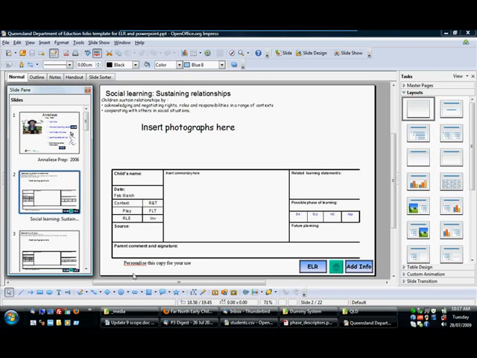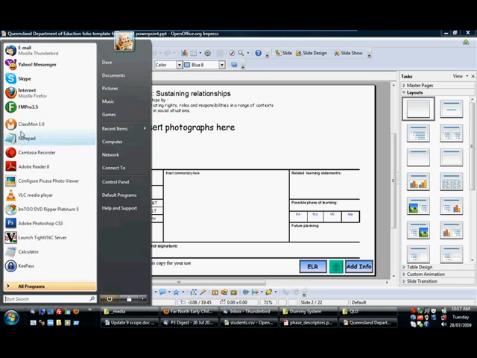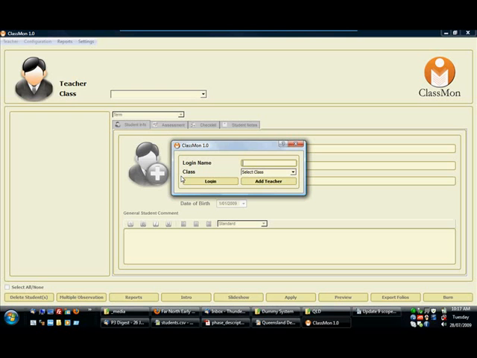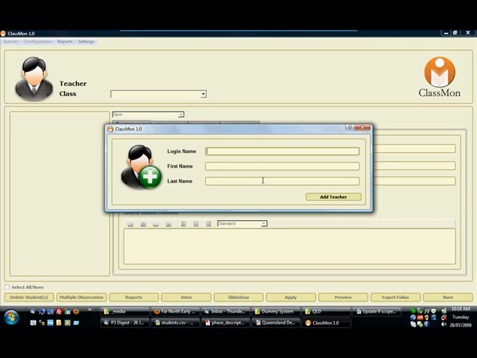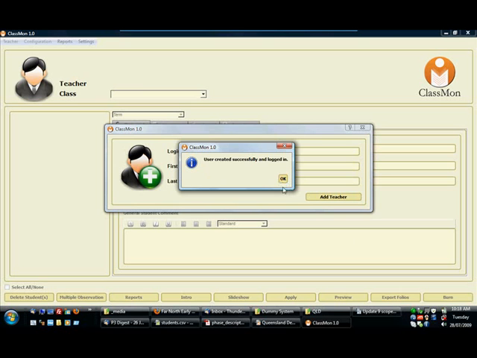So what ClassMon does is it performs all of those functions in the one program. So what I'll do here is I will start from the very beginning and I'll add myself as a new teacher. So I'm a prep teacher and I'll make a login name called Fred, and I can be Fred. I won't be Flintstone, I'll be Fred Jones. So I add myself as a teacher, and it's now asked me that it says there's no terms found, so